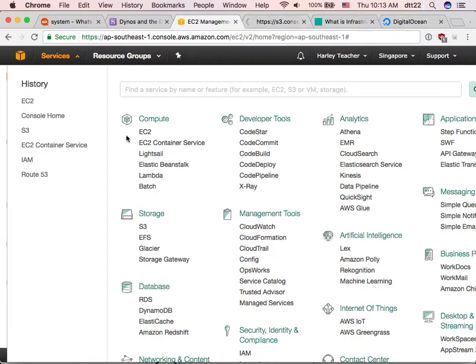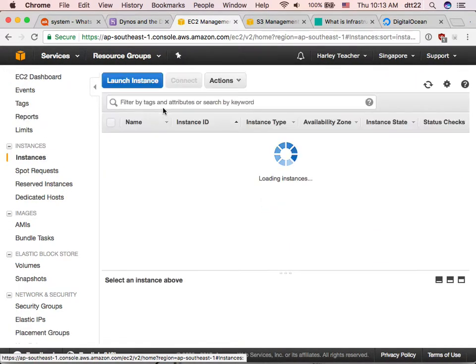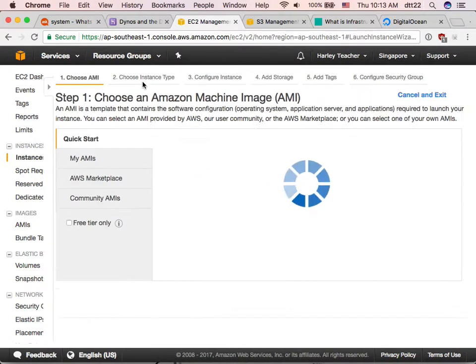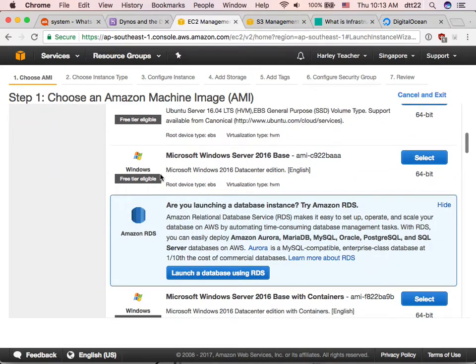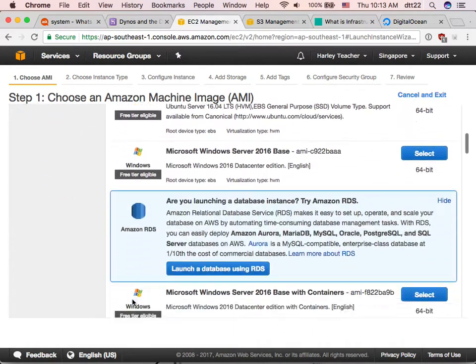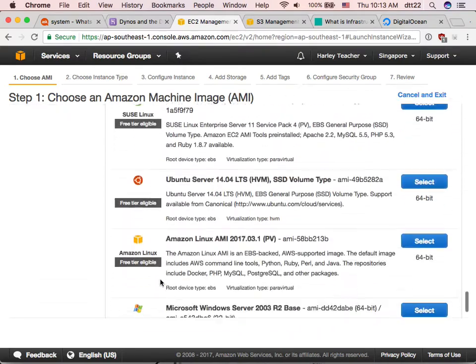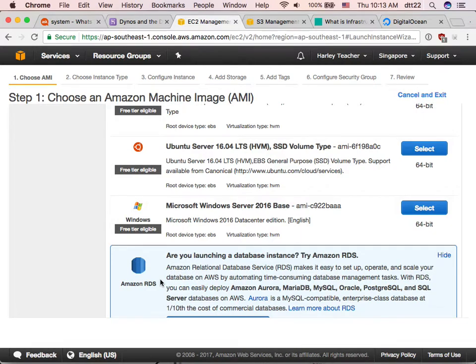So now EC2 is where I'm going. I'm here right now, and it's called an instance, so you can have a server up and running. You can create an instance like this and choose a server. As you can see, these are different types of servers. They are all Linux distros. You can also choose Windows. I don't know if they have Mac or not. Maybe not. Some providers have Mac, not Amazon, I think.